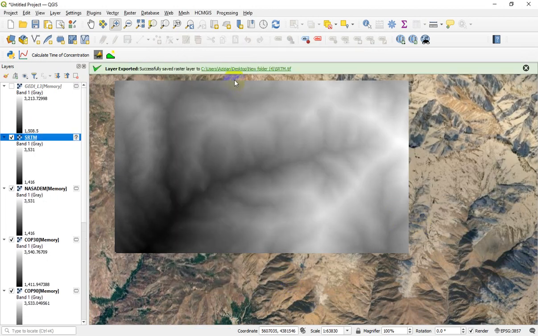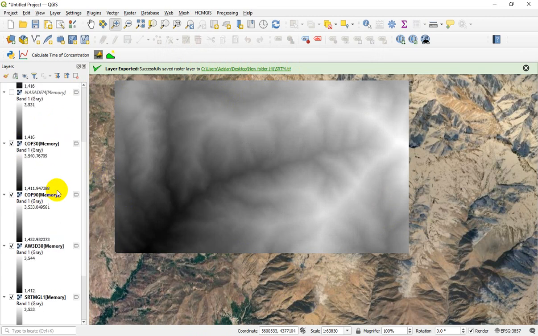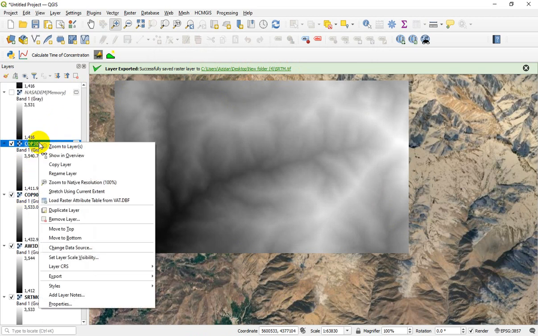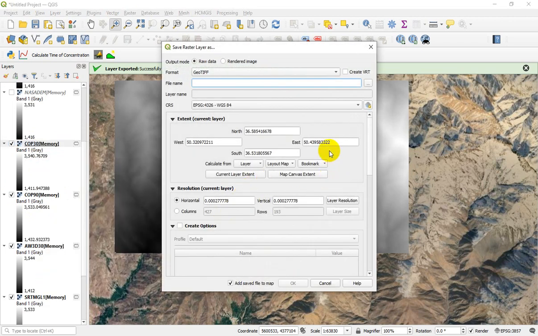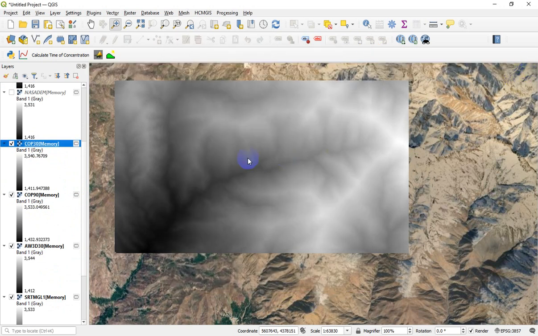And as you can see, this file is saved on my computer in this folder, and I can use this then for further studies. And also you can download different DEMs, for example Copernicus, export, save, and you can do this process for different DEM sources easily in QGIS for your case.